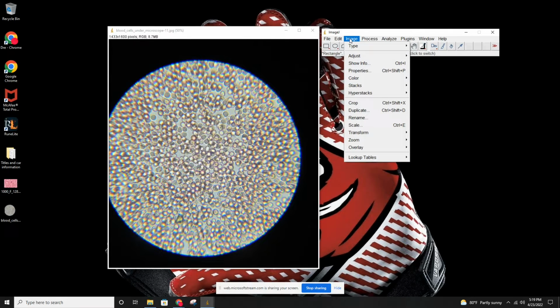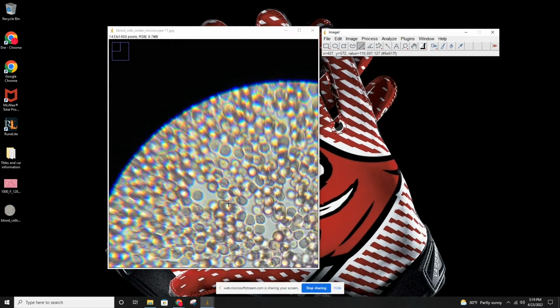Now, I had a great time using this application, and as you can see right now, I'm going to the image tab and going to the zoom feature. I'm hitting 100% because I really want to focus on those pixels, and I want to show you that the actual image we're looking at is red blood cells. Now we see that it is an RGB image. We actually have 8.7 megabytes, which is the memory, and that is the full zoomed in image of the blood